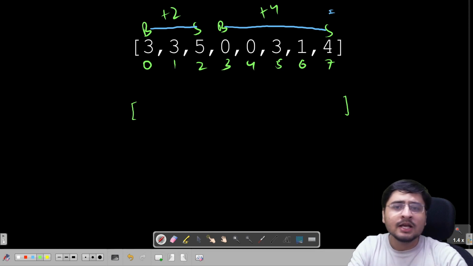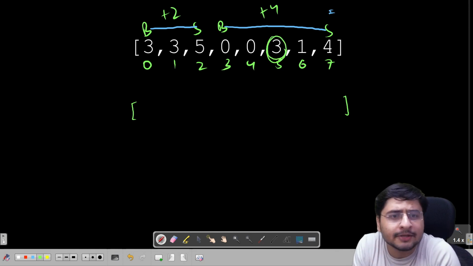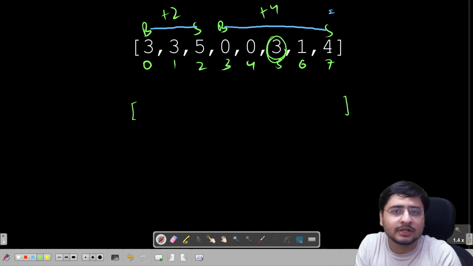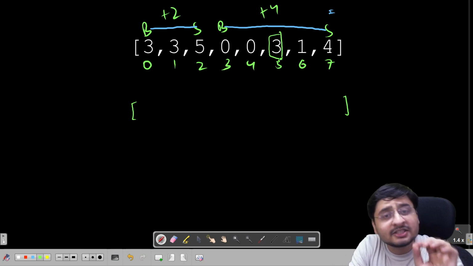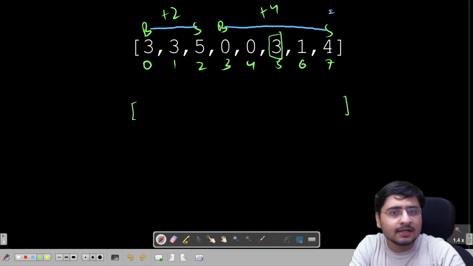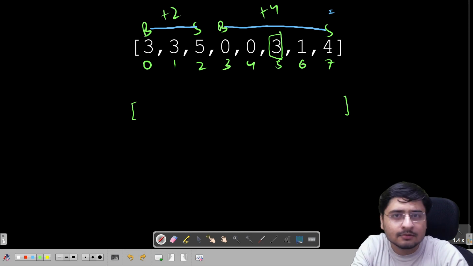I'll just give you an example. If I complete a transaction on this particular day, this means that I'm selling on this particular day. What is the best profit I'll be able to make? If you are selling on this particular day, the best day to buy a stock is before this day, is this or this day, right? So the best profit you are able to make if you are selling on this particular day is 3,